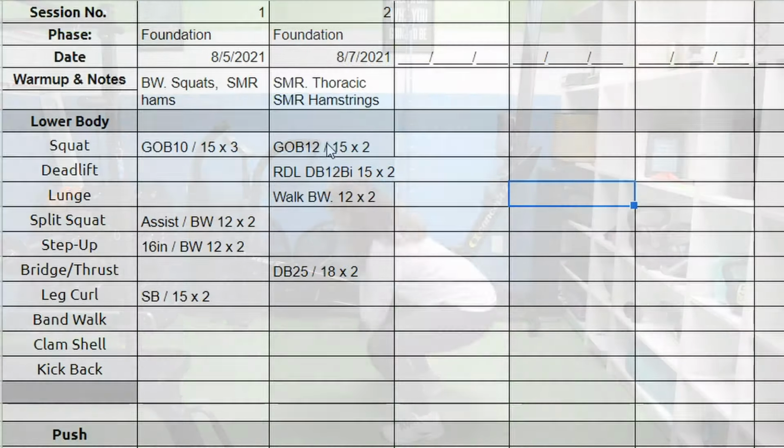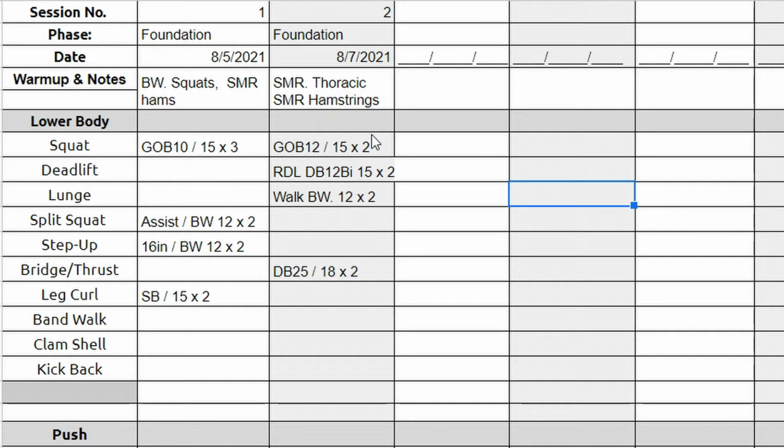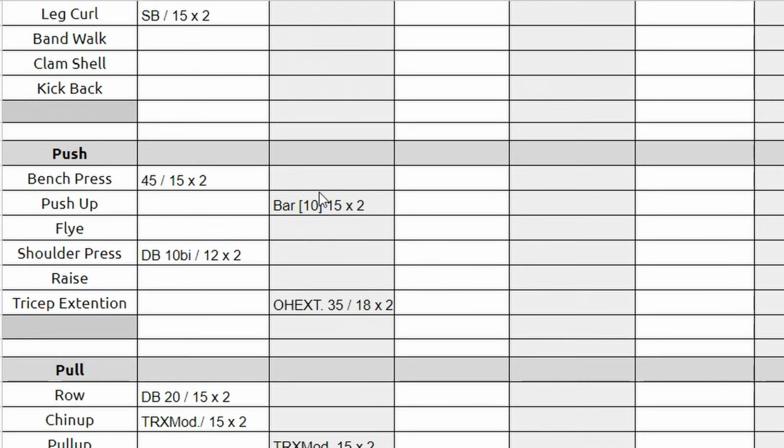This time the weight is slightly heavier and we're doing 1 less set. We have Romanian deadlifts. RDL stands for Romanian deadlift, and we're using 2 12-pound dumbbells for 15 reps and 2 sets. We also have bodyweight walking lunges. We have some weighted bridges off of the ground, and going down to the upper body section, we see some